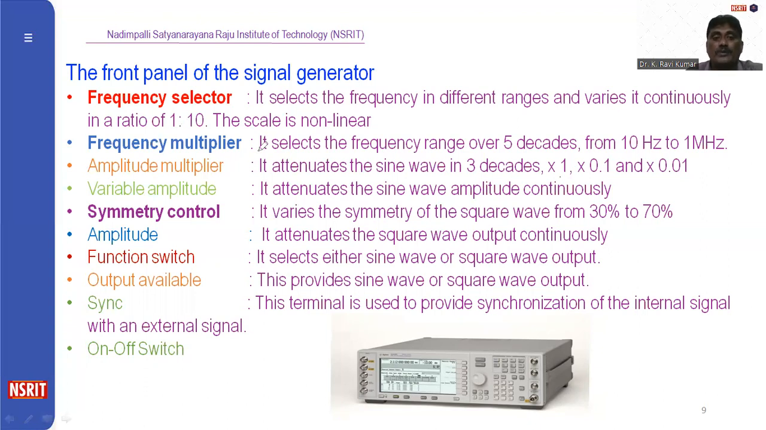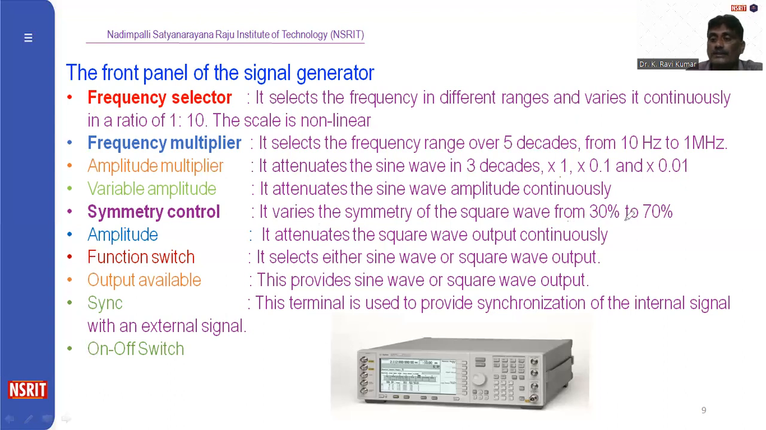The frequency multiplier selects the frequency range over 5 decades, that is 5 Hz to 1 MHz. The different frequency ranges available are selected by the frequency multiplier. The amplitude multiplier attenuates the sine wave in 3 decades, that is times 1, times 0.1 and times 0.01. And the variable amplitude knob attenuates the sine wave amplitude continuously. One more knob is the symmetry control. It varies the symmetry of the square wave